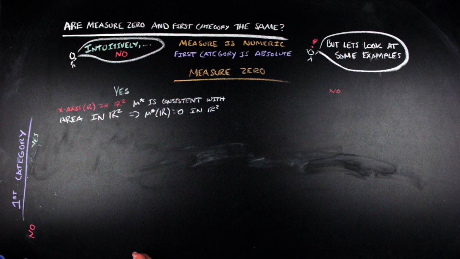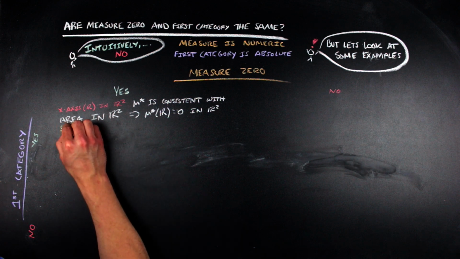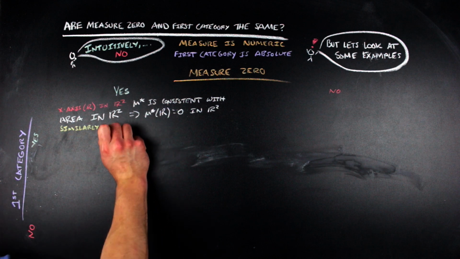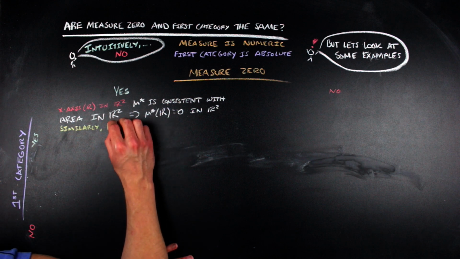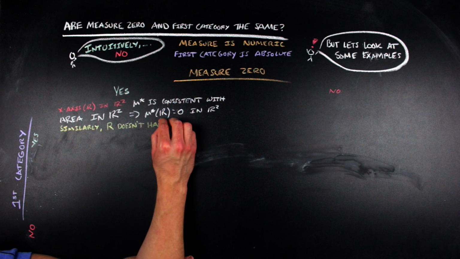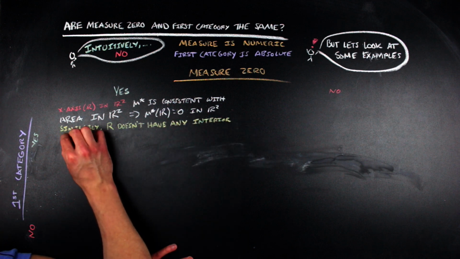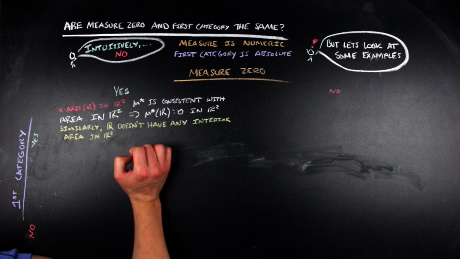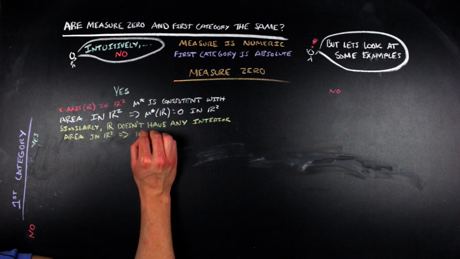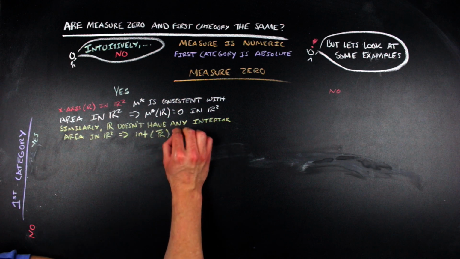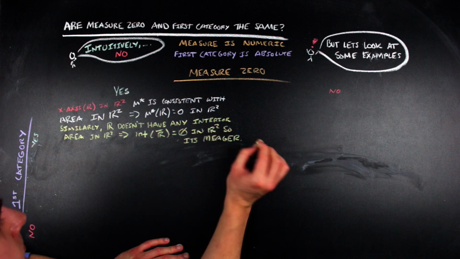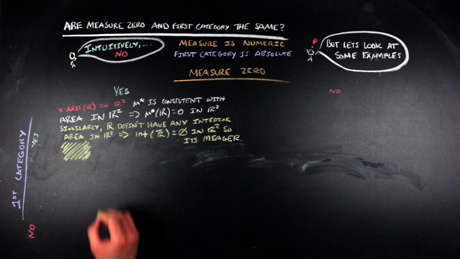Similarly, in R2, a set has a non-empty interior if it contains an area. So again, since R, or the x-axis, is just a line in the plane, it doesn't contain any area, and thus the interior of the closure of the real numbers in the plane is just the empty set. So the real numbers in the plane is nowhere dense, and you can proceed accordingly with the same singleton argument that we had before to get to the point where we say that the real numbers is of first category